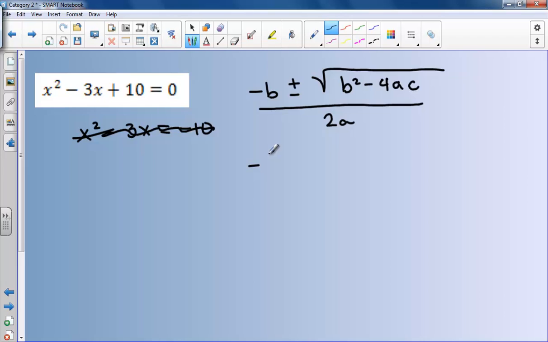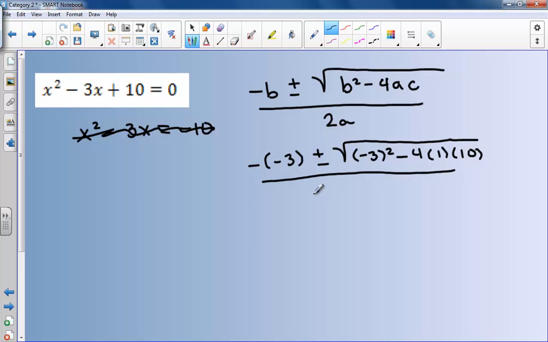So negative 3 plus or minus the root of negative 3, make sure you put that in parentheses, squared, minus 4 times 1 times 10, all divided by 2 times 1. So that's going to be positive 3 plus or minus the root of positive 9 minus 30,